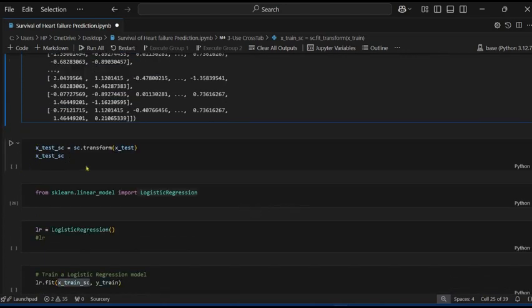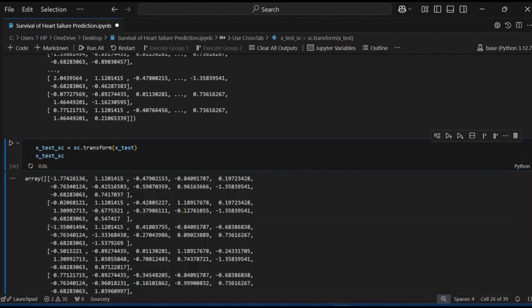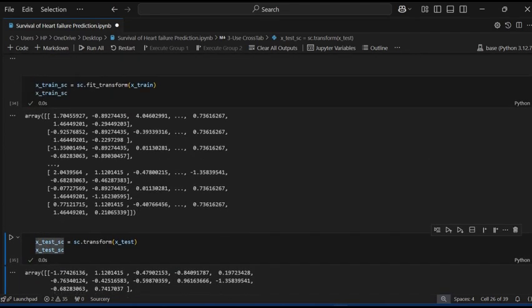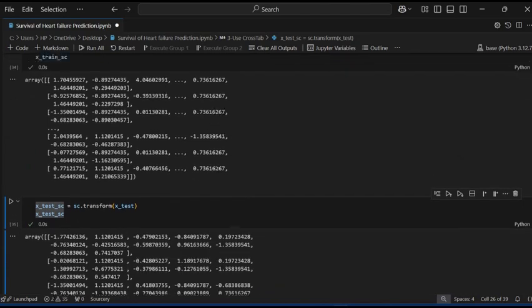The same for x_test: x_test_sc is the variable name, equal to sc.transform, then x_test, and print x_test_sc. So this is the testing data output, and this is the training data.